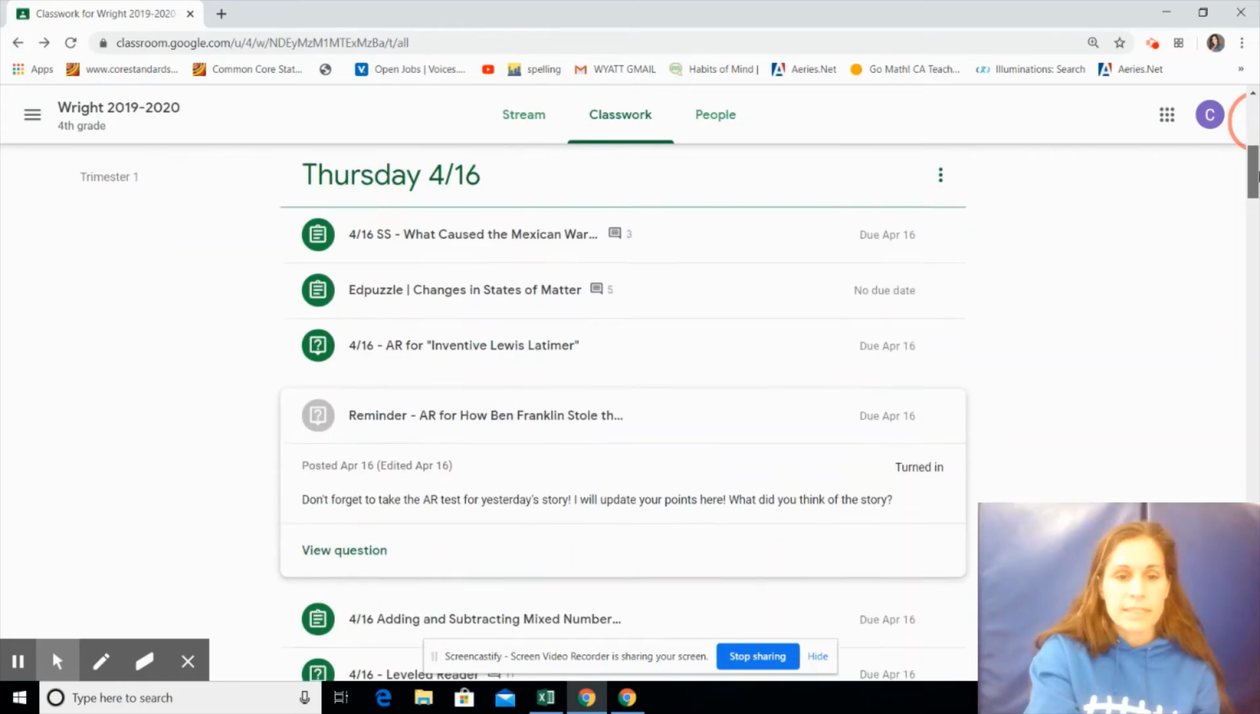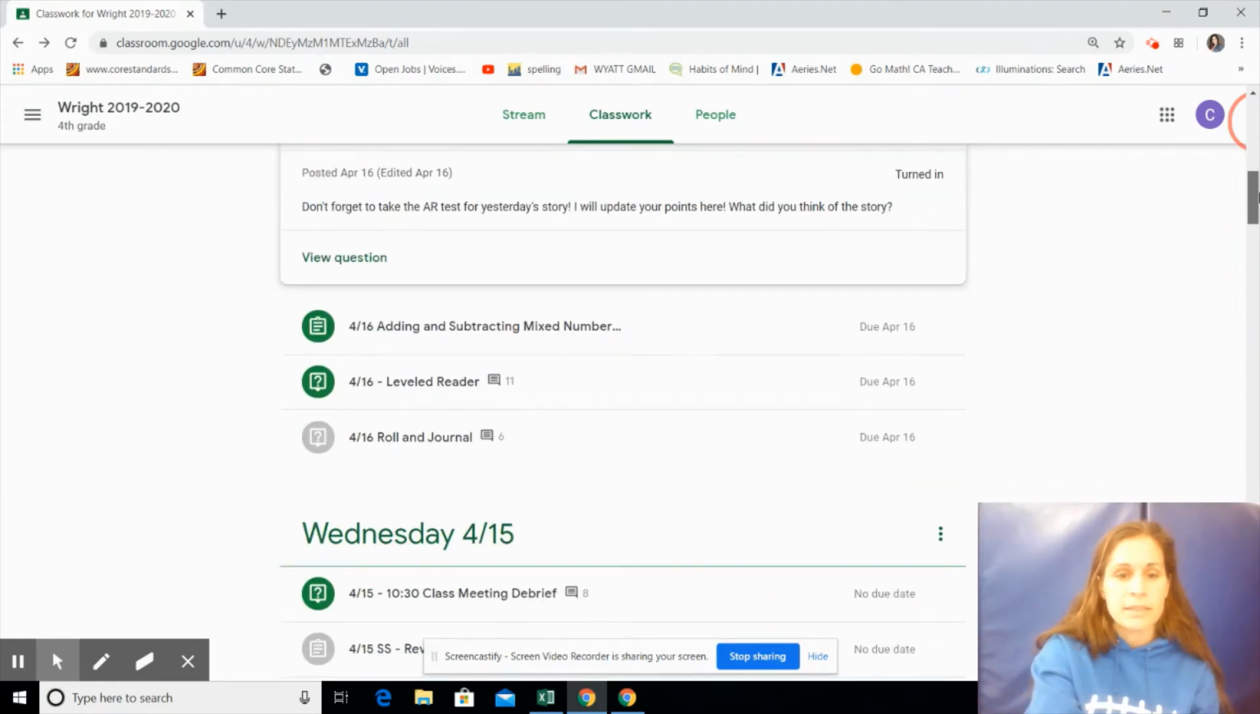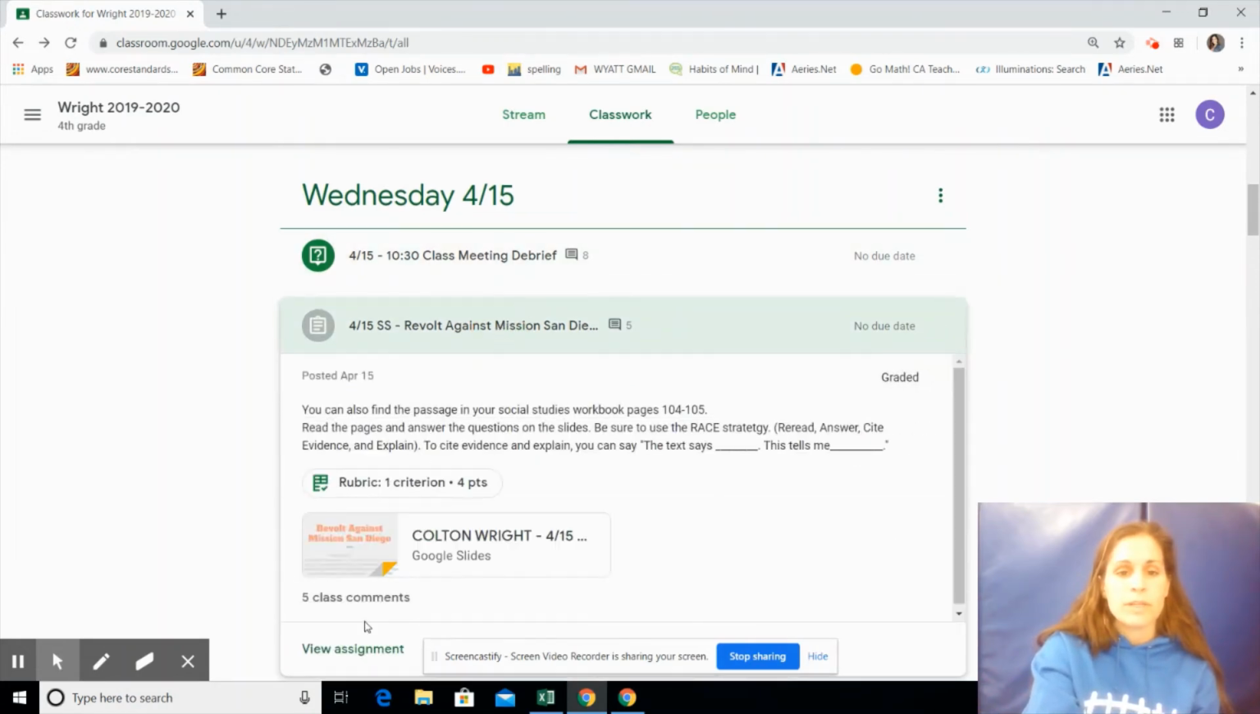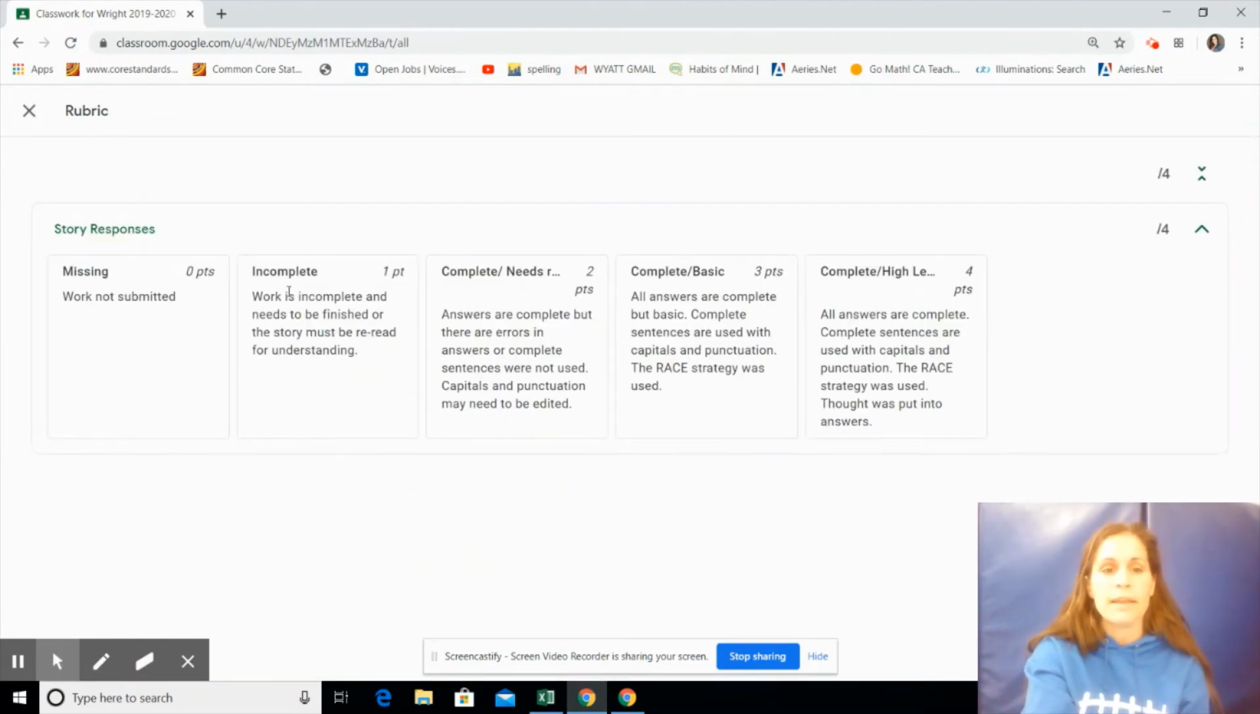Another type of activity that you'll see, let's find an actual project. Right here, the Mission Revolt. When you click again, there is a rubric. So you could click on that and see 0, 1, 2, 3, 4. That will give information about the rubric and what the expectation is. Again, a 2 out of 4 doesn't mean an F. In this situation, a 2